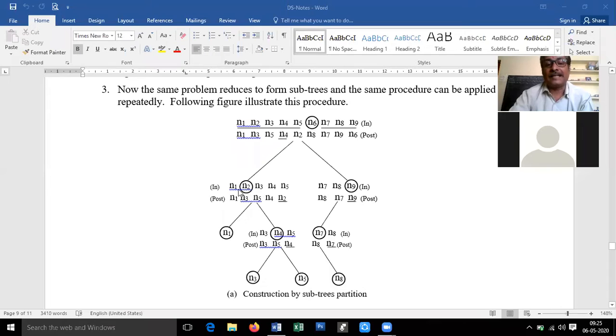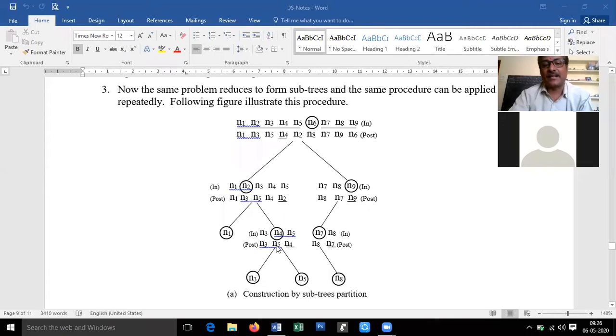Okay, what I did clearly indicates that N1 is the left node and N3, N4, N5 will be present on the right side of this particular binary tree. Here, from this one, we could find N1 as the left tree and N3, N4, N5 as the right subtree. So this is in-order, this is in post-order.